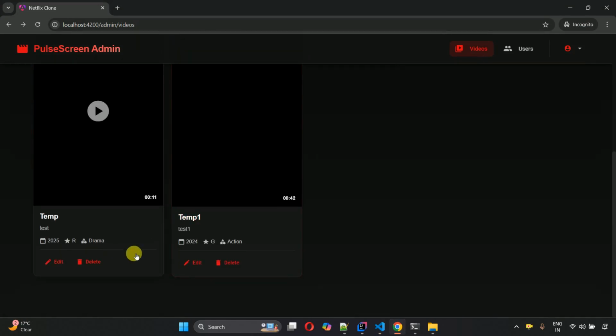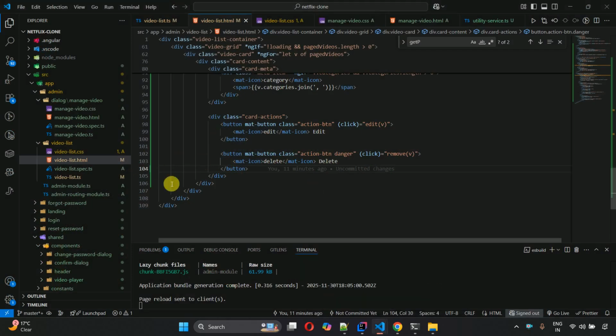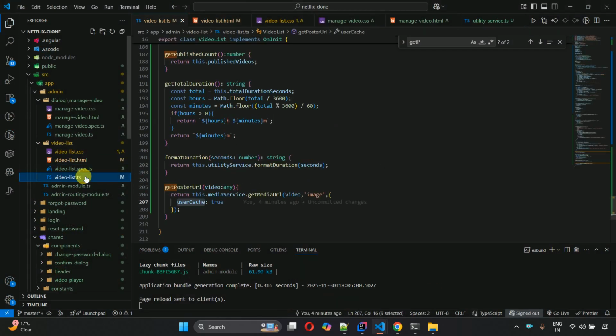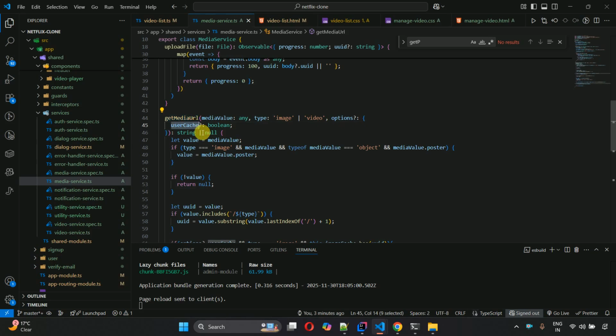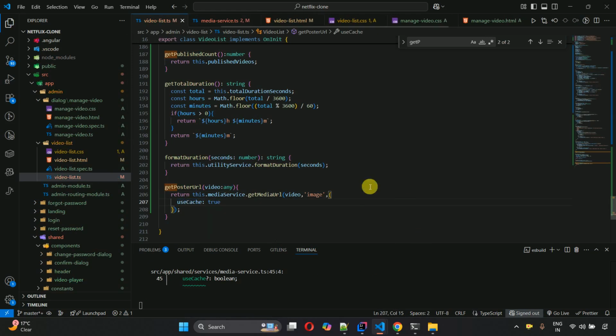Okay, it looks like there is some issue in our service layer. I have tried to re-upload these two files and still we are seeing this issue, so I'm going over here, then we'll go to the video list, and in this one, okay, this is userCache. No, this should be useCache. That's just a variable name change, so it's not going to affect us, but just fix this. So useCache. Okay, in this one also we are getting it here, so change this one too,